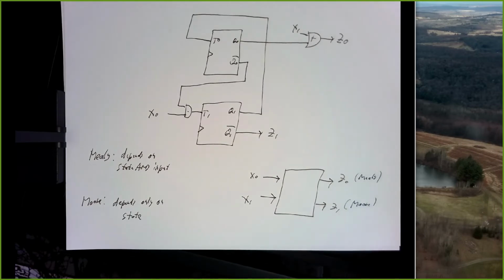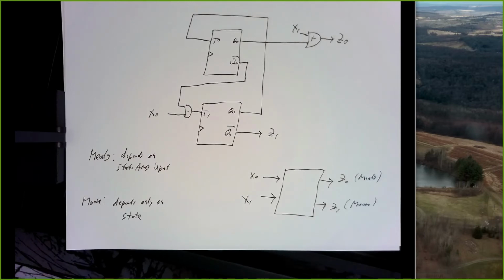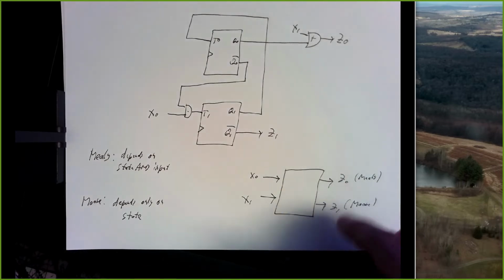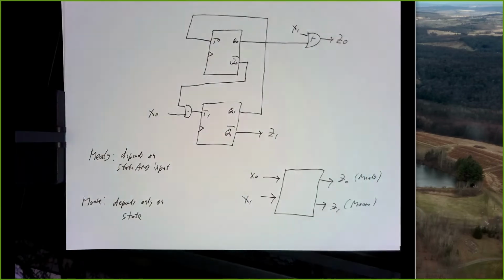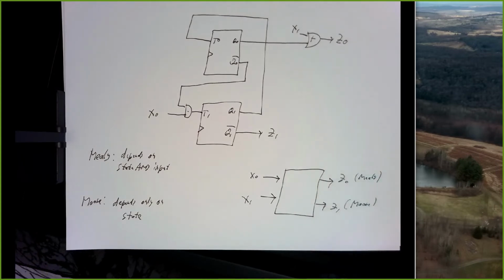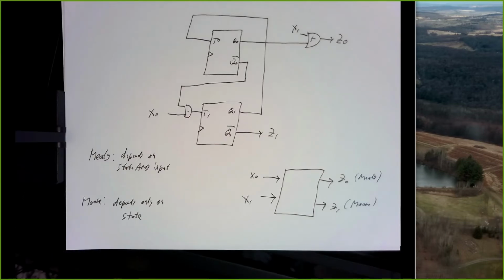And that's not going to affect anything until we draw our final system state diagram. How we show these outputs will depend on whether they're Mealy or Moore. But all the work we're going to do up to that point is pretty much independent of what type of outputs we have. All right, so how many states do we have? Or how many flip-flops do we have? We have 2 flip-flops, so we have 2 squared, which is 4 possible states.